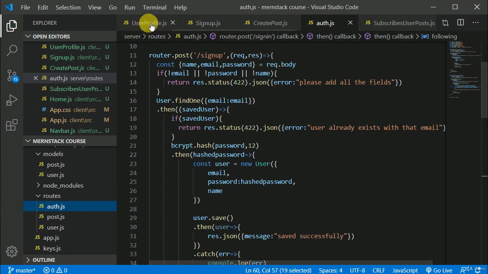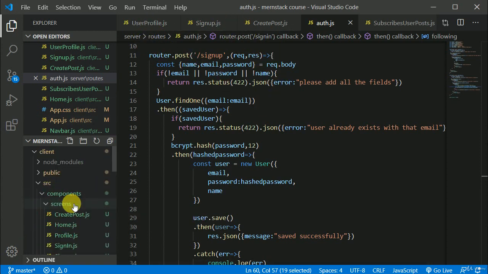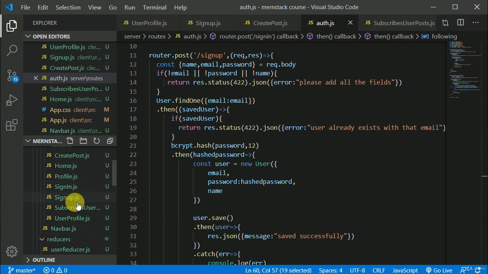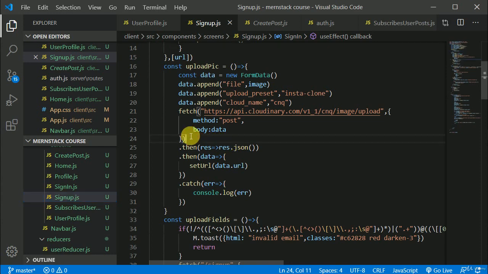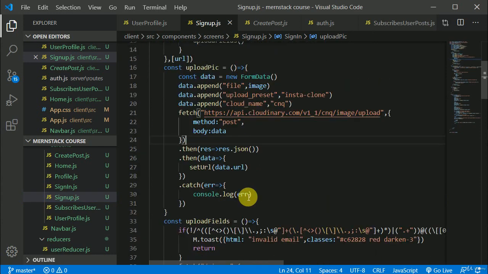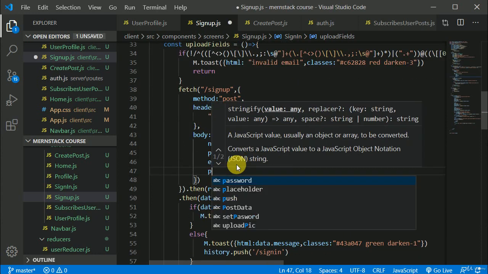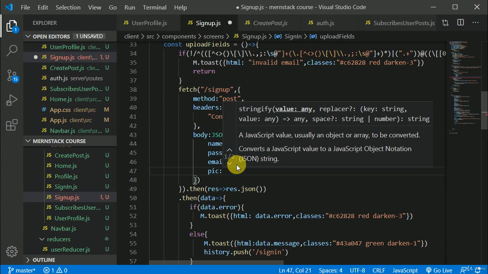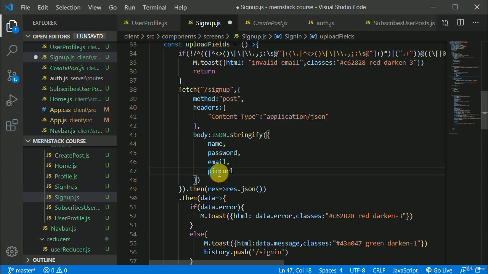And first of all we need to go again to this front end. Where is that? Sign up. And when we are calling this, not this, where is the field? Yeah, this. Here we will be adding one more, that is pic, and pic will be equal to URL, like so. So we are sending this pic.